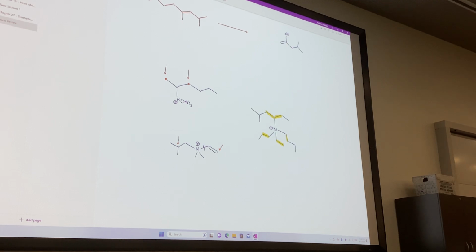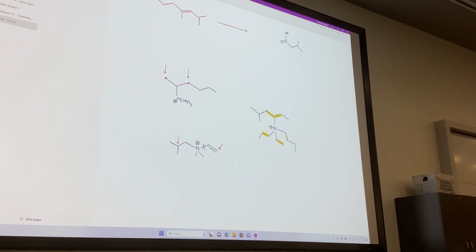In Hofmann, do we need to know how they're building the iodine stuff? Yes, the ion exchange. So your silver oxide, you've got to have that. If you're doing a Hofmann reaction, remember that's part of your Hofmann reaction. Could you show that? Well, we've got that in our notes. It's just that Hofmann reaction. So we go through, all you have to do